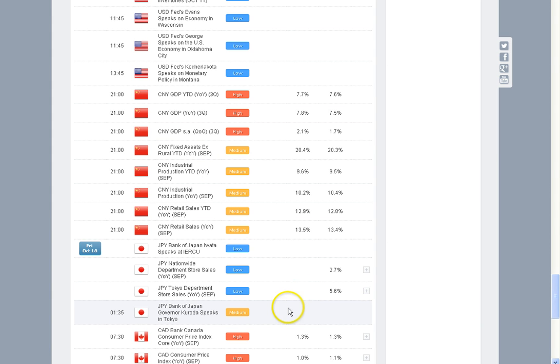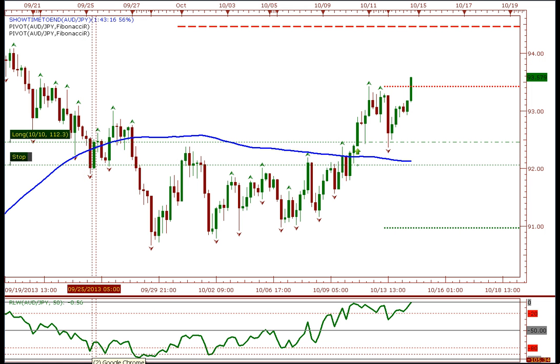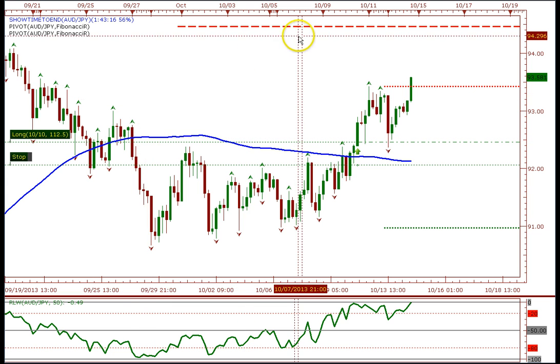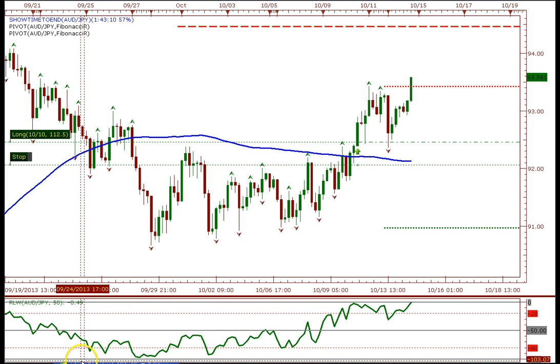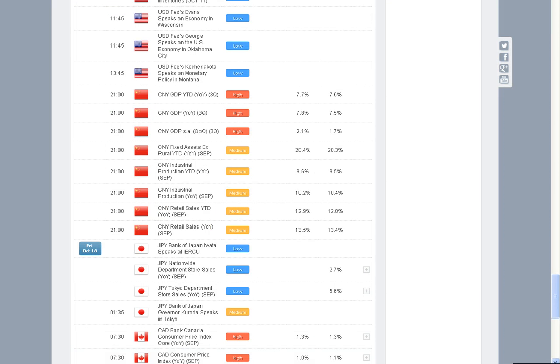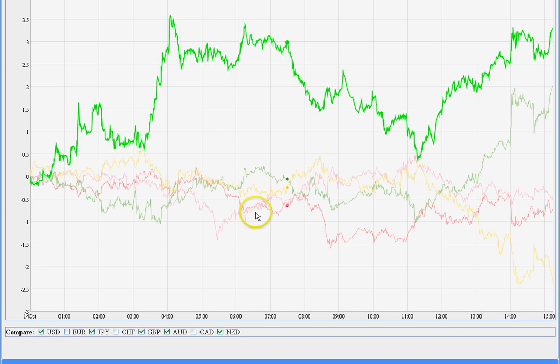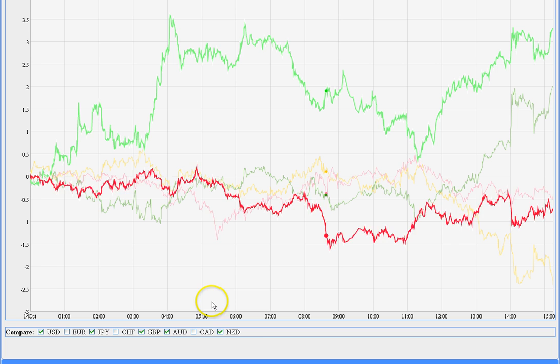All right, so that's what we're looking at, traders. And now another thing that we want to look at is the strength indicator for the pairs that we're trading. So let me go to that real quick. All right, so basically we're looking at the